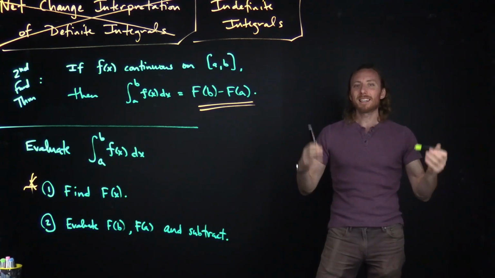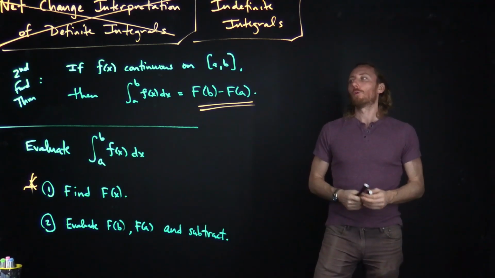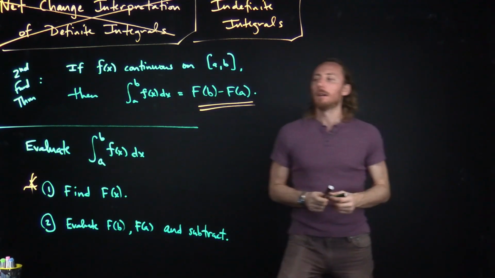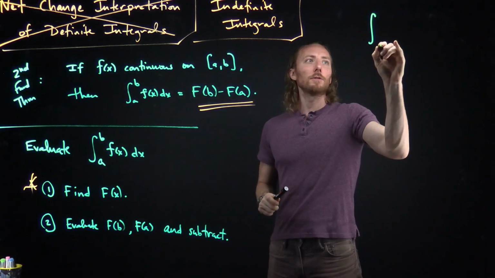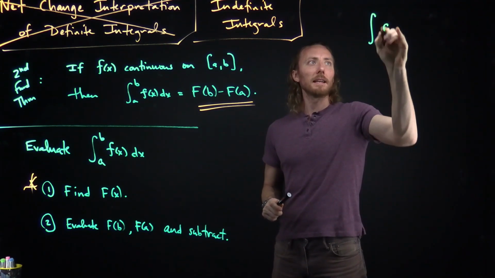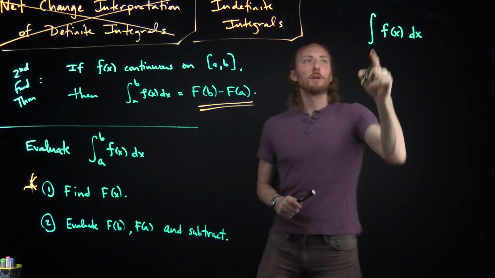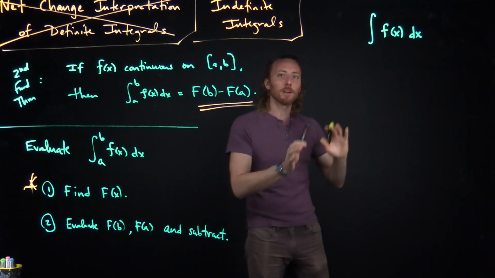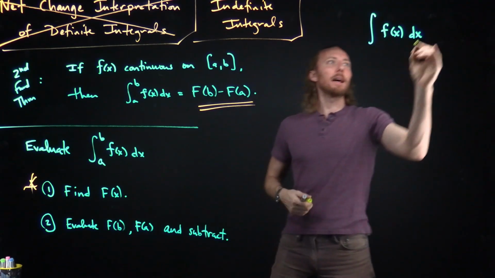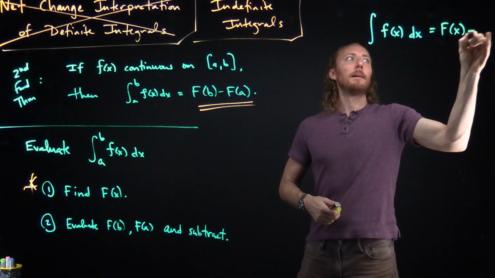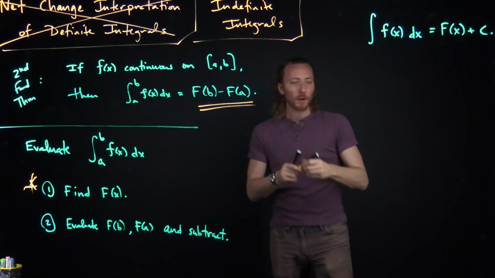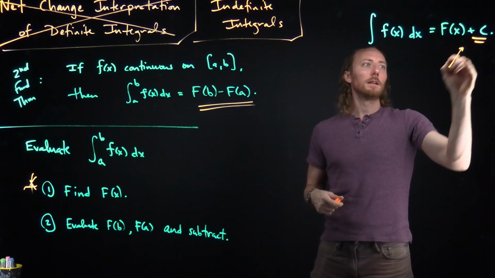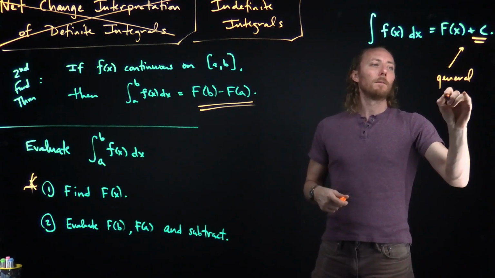And so what if we just wanted to isolate that step of the process? Rather than plugging in the B and plugging in the A and subtracting, what if we just wanted to isolate the finding of the capital F function? Well, that is exactly what you do whenever you are given an integral without bounds. Here we're not given bounds, so we are not trying to compute an area or a signed area. What we're trying to do instead is literally just find our capital F function, and we park a plus C on it at the end to describe the antiderivative in general. So this is just the general antiderivative function,